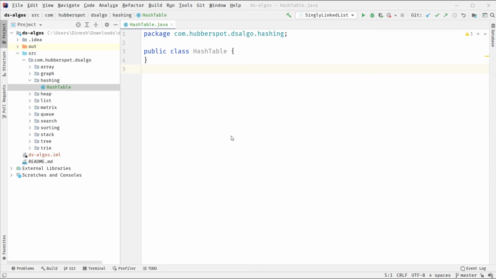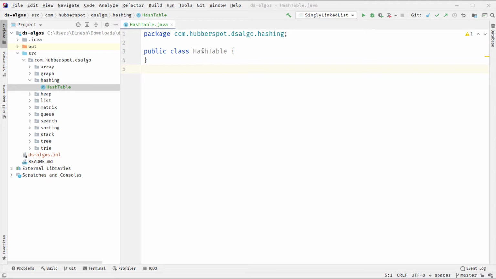Hello everyone. So in our previous video, we discussed the initial implementation of hash table. We saw the structure of hash table and we also saw how it uses hash nodes internally. Now in this video, we'll simply code the internal structure of hash table, and in upcoming videos we will see the different operations performed by hash table, and then we'll test its working in the main method.